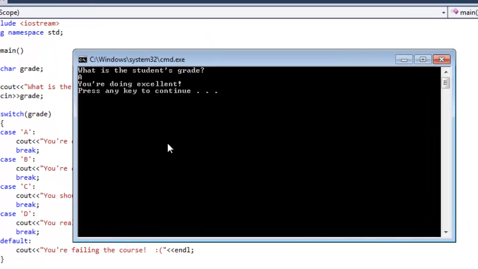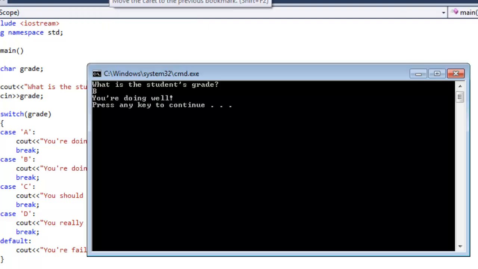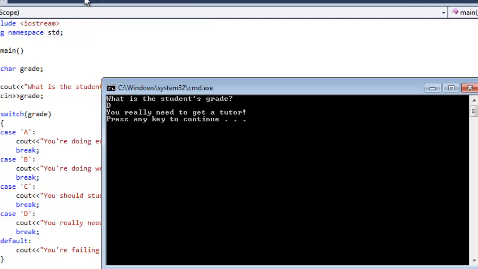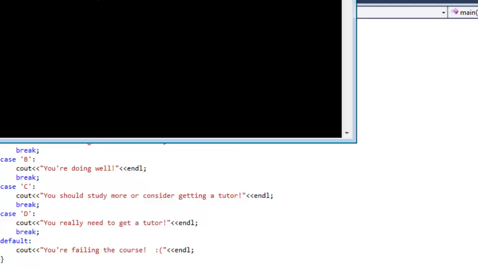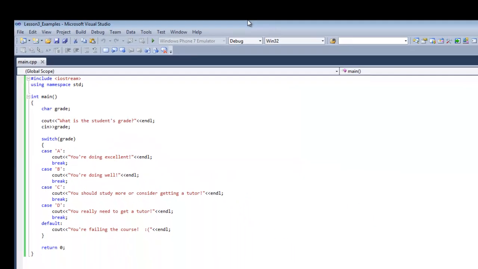If I enter an A, it'll say you're doing excellent. If I enter a B, say you're doing well. And let's try a D. You need to get a tutor. And if they enter an F, you're failing the course. Okay. Now,